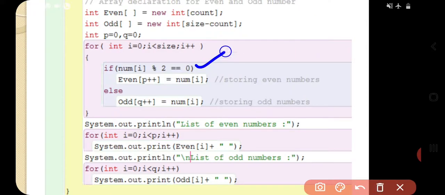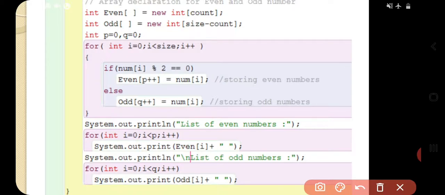The element having an even number is going to be stored inside even p, and if that number is an odd number, then that number is going to be stored in odd q plus plus. Both are having a different counting.